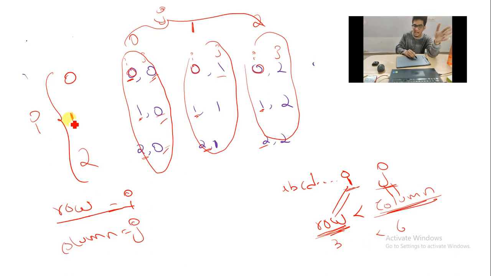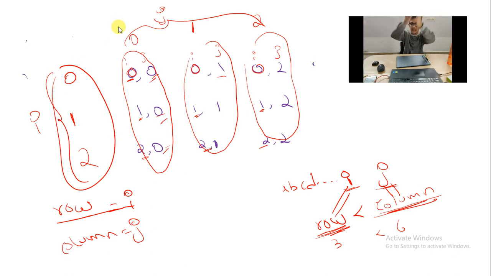So you have to understand that 0, 1, 2 are the I values, which are rows. The column values are the J values. So once you take this screenshot and understand this topic, it will be easier to do the star patterns. I hope you have taken this screenshot. Okay, everything is ready. Now we can start to do the star patterns.